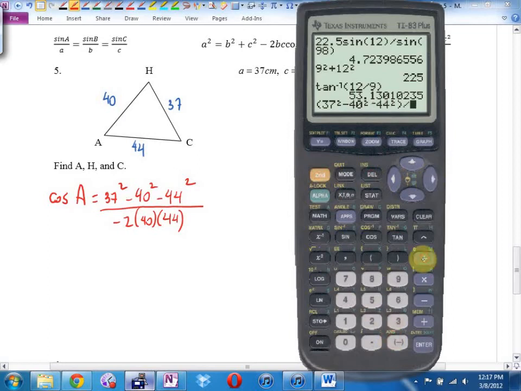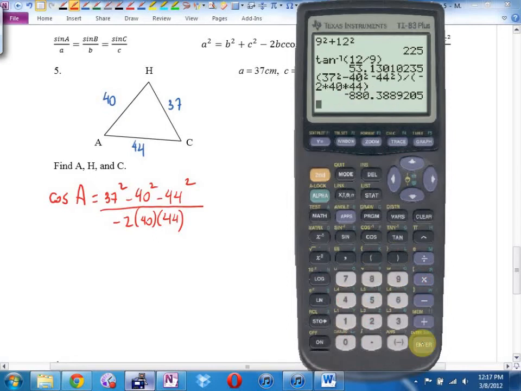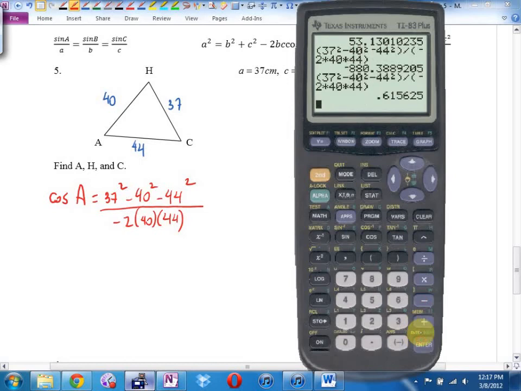Divided by bracket negative 2 times 40 times 44. Close bracket. I've got something wonky here. 37 squared minus 40 squared minus 44 squared. I put a negative instead of a minus. And you get